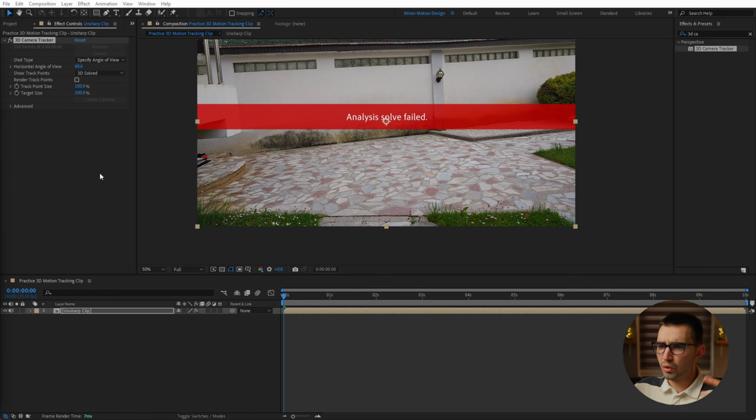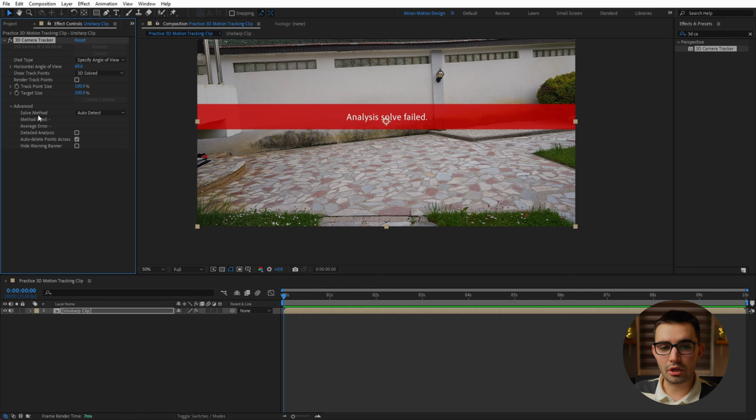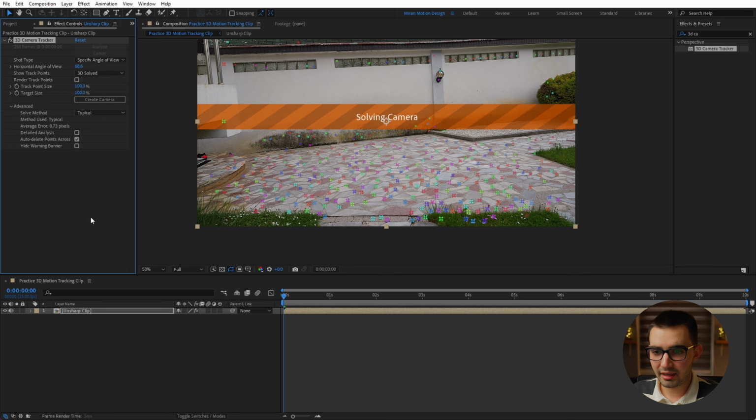And it failed. Now you may be thinking, what went wrong? Because this shot does look like a pretty trackable shot, so to say. Well, if you go under the advanced panel and under solve method, you can see the option is set to auto detect, which After Effects automatically tries to assume what kind of scene this is. And I guess it went for the mostly flat scene option, but for some reason it fails. So we have to choose typical instead, and right away you get all of these points and we have a